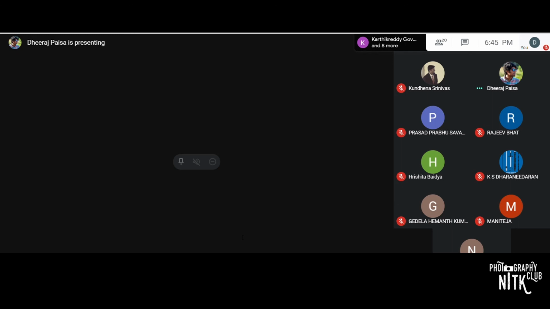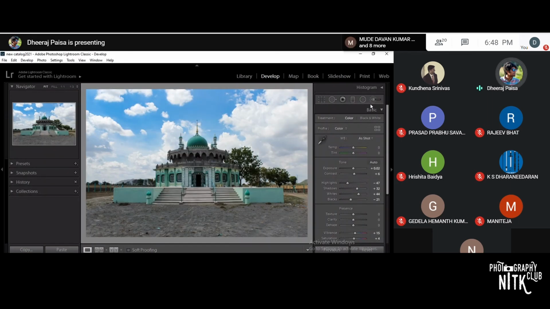Now if you want to add other color, just hold the shift button and click on the color. If you want to remove it, then again undo it. To make the sky dramatic, I added a little bit of dehaze. I'll add some saturation. That's it. This is how you use these filters. These are very much useful to edit on a targeted subject.